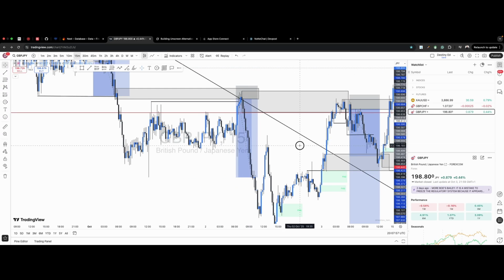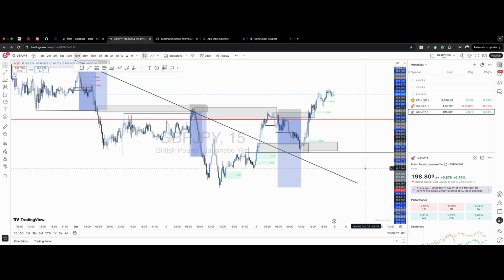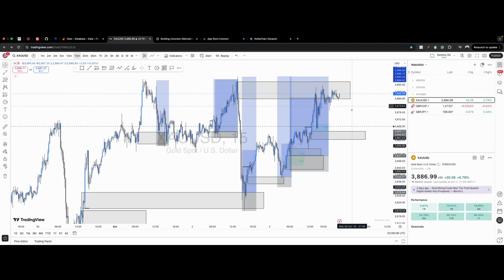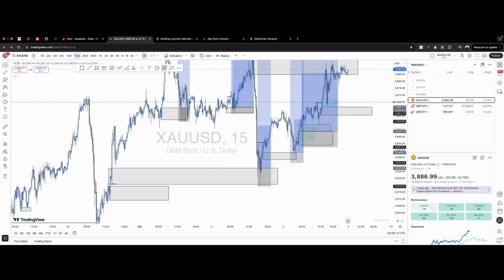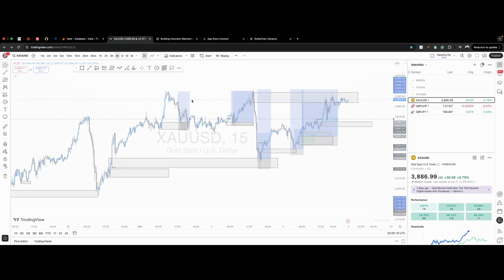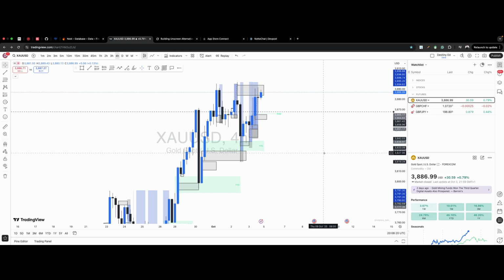Alright, so I'm also going to show you guys the other ones I took. So I took a trade also on gold, a buy setup on gold. So on my gold, you can see I have this here. I took this buy on gold. This was the first buy I took. I actually got this from 4 hours time frame. So if you go to my 4 hours here, you're going to see that there was this